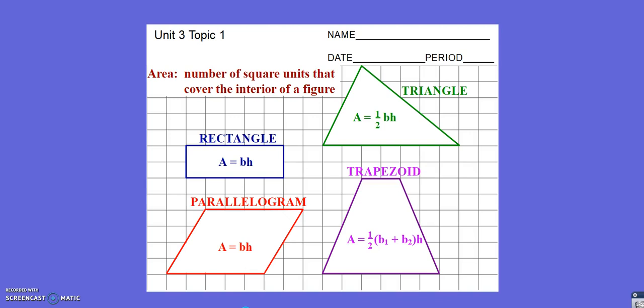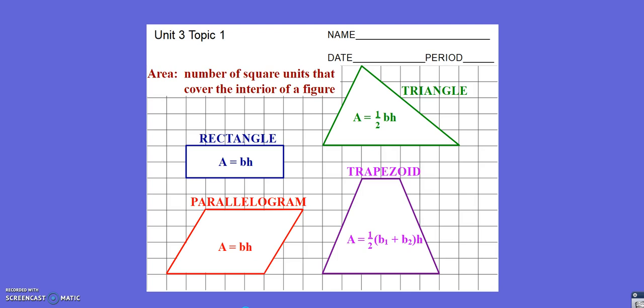In this lesson, we're going to take our two-dimensional shapes and start rotating them to create three-dimensional objects. Remembering from the last lesson, these are four of our basic two-dimensional shapes, formulas that we need to know and